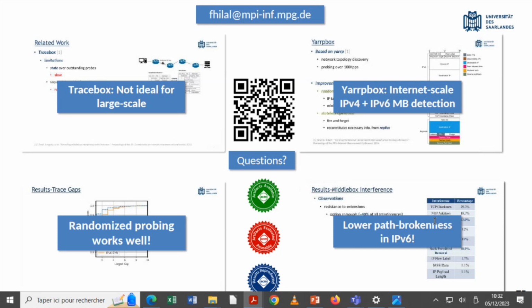We did not perform the measurement. We do not look at a country level, but we did find some middleboxes in China, which were weirdly altering the payload length in the packets. They were setting those to very, very high values in excess of 17,000 bytes. I'm not sure if that is something that might be related to censorship, but we did not look. Yeah, there's a bunch of work that looks at internet middleboxes and how they mess up your packets if they're trying to censor you. So maybe we can talk about it later on. Thank you.